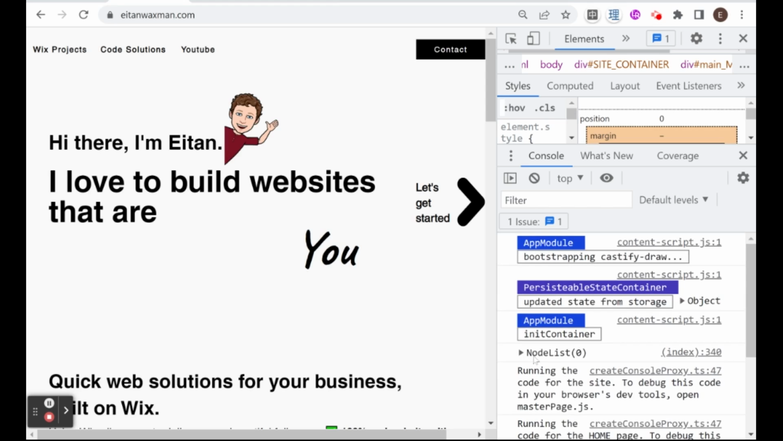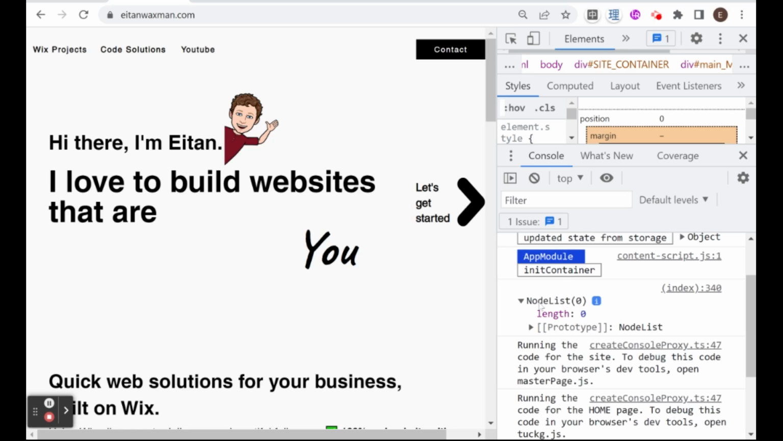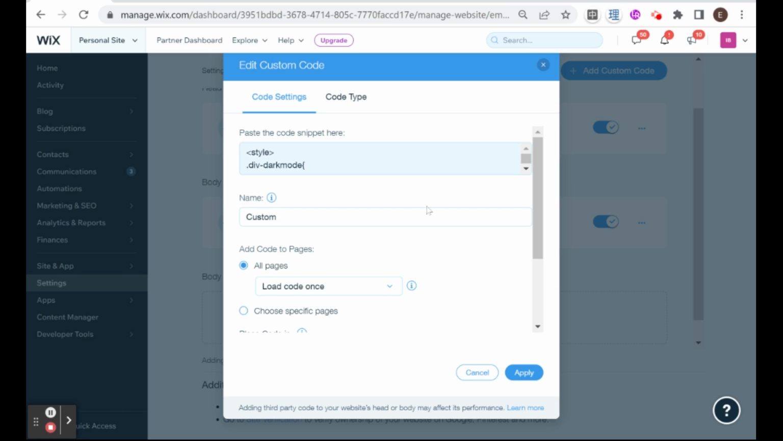I also put a log to see what the divs list looks like, and it seems like the node list is empty. That means that we're having some trouble selecting the divs, and now I need to try and figure out why that is. Okay, so after doing a little more thinking and investigating, I have a hunch that the problem is